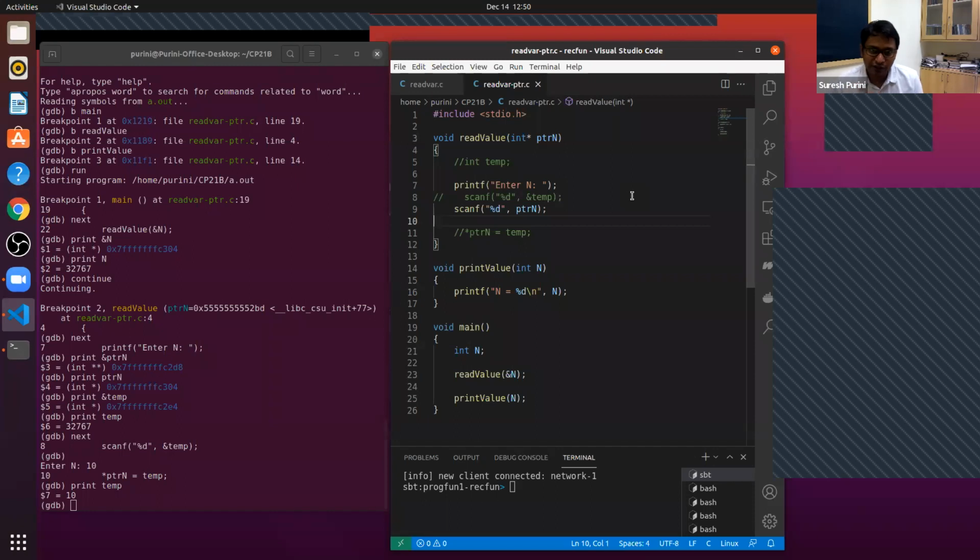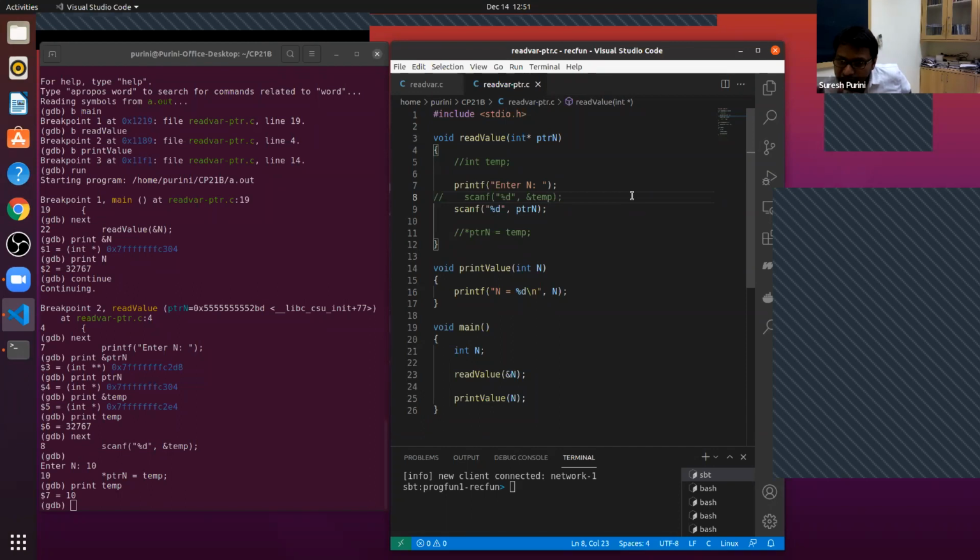Why should it not work? Because for scanf, what do we need? What is the second parameter we need to pass to scanf? Tell me. I want an answer. The memory location which needs to be updated.